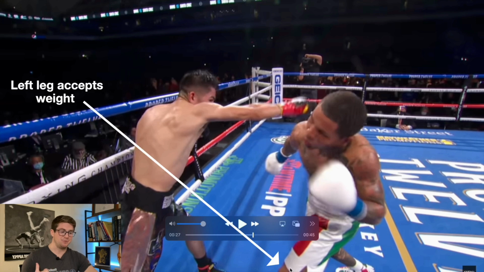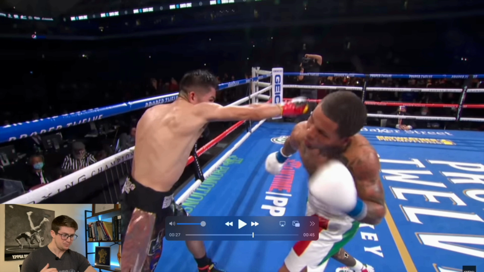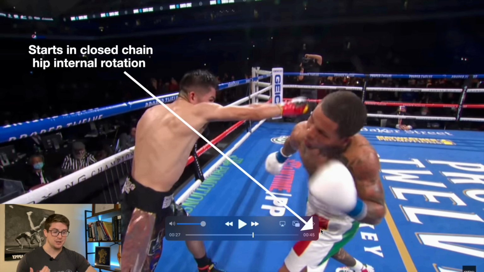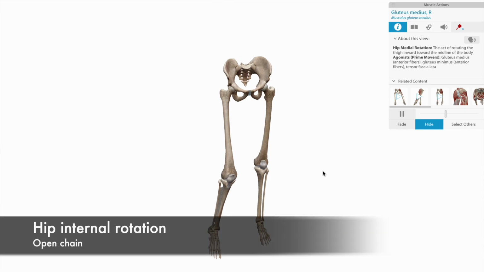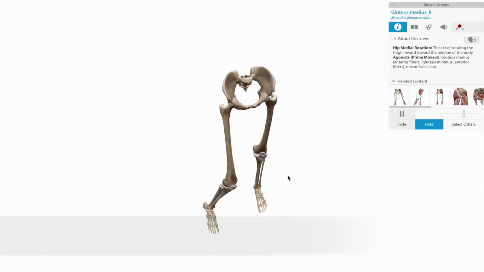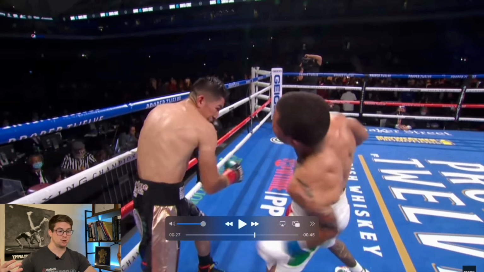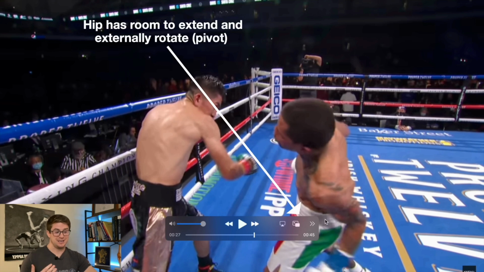Notice how he stepped forward and started to shift weight onto that left leg. The right leg becomes a stabilizer. He's shifting his center of mass to that left leg, and he's in a relative hip internal rotation in the closed chain. And this is important because when he pivots on that leg, since he starts in internal rotation, it actually gives him the ability to open up into external rotation. And so his hips and his shoulders really don't need to dissociate because he's got that room available